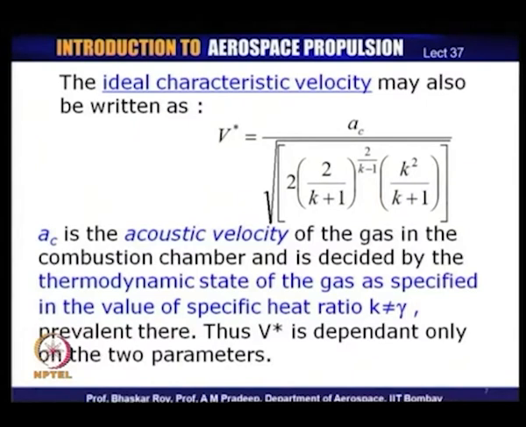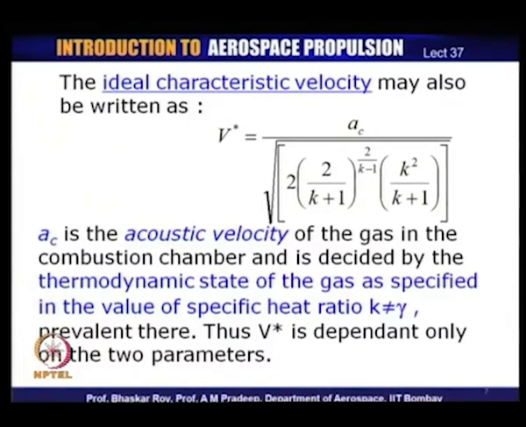Now, the value of K is also dependent on the local temperature. In case of combustion chamber, the temperatures can indeed be rather high. They can be of the order of more than 2000 degrees, sometimes close to 3000 degrees, and at that temperature the value of K would be quite different from gamma, and we shall see that they actually decide what the characteristic velocity is going to be.